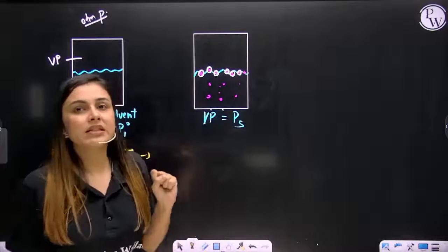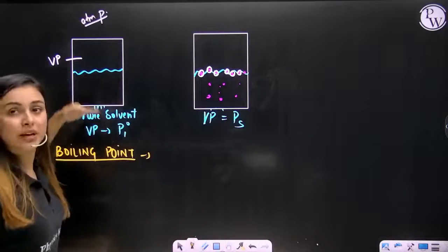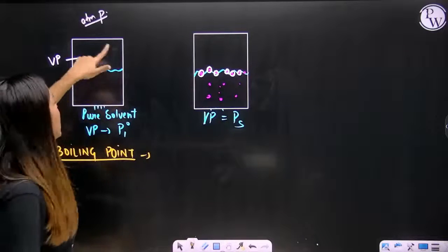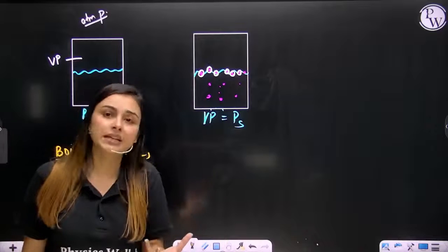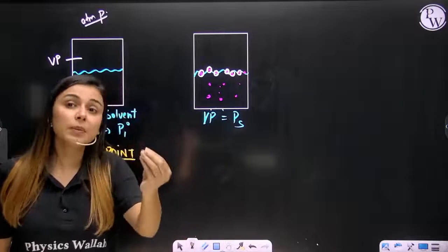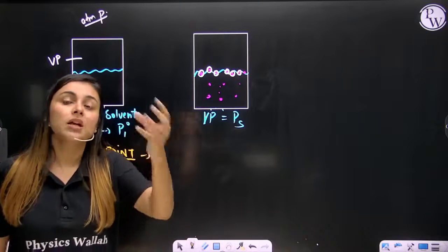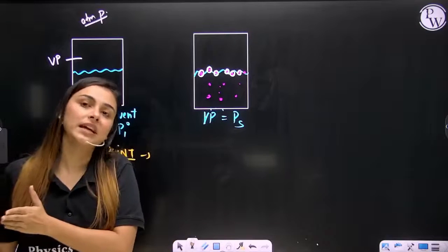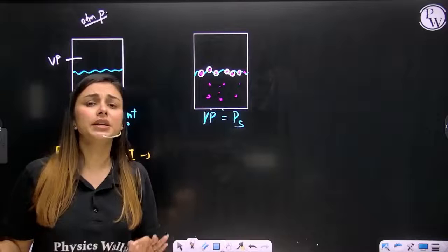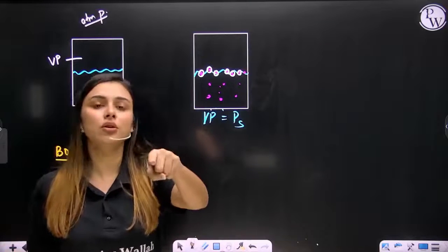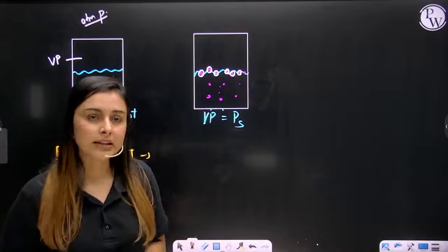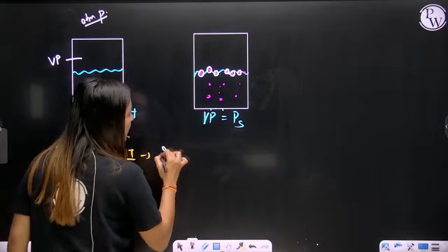This means that you keep on heating the container, the solvent will form vapors, and the vapor pressure will keep on increasing. There will be a particular temperature where the vapor pressure inside the container will be equal to the outside atmospheric pressure, and that particular temperature for that particular solvent or solution is known as its boiling point, right? So we can say that it is the